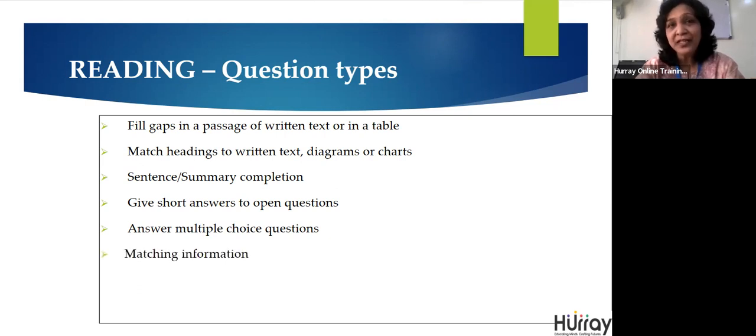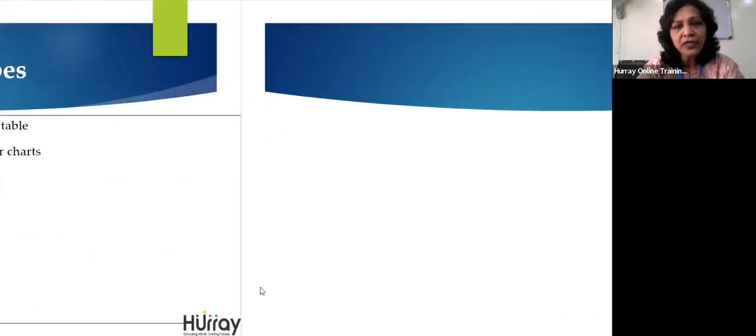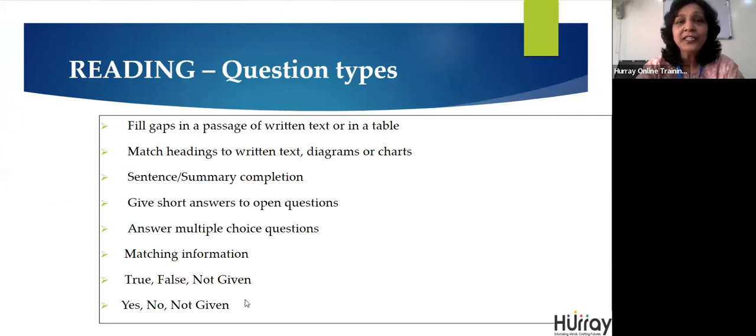Matching information is another question type where you match the information from the question to that in the passage. The last two question types are true, false, not given, and yes, no, not given. These are where you have to read the statement in the question and write whether this statement is true or false or not given. You need to identify. So true, false, not given is usually for factual text, and yes, no, not given is